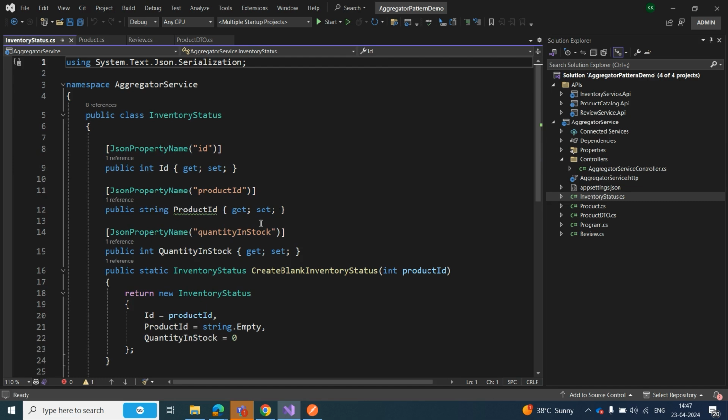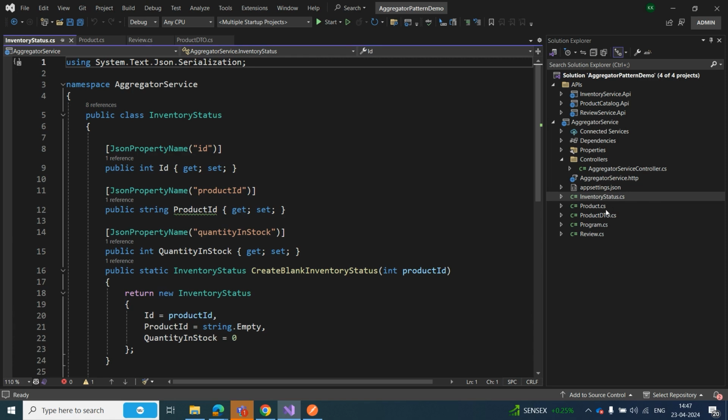Now, having separate DTO classes in the aggregator service project allows us to customize the data structure and include only the relevant and necessary information from each individual API service. It will also help to minimize the amount of data transferred between the services and also helps with the performance of the application.